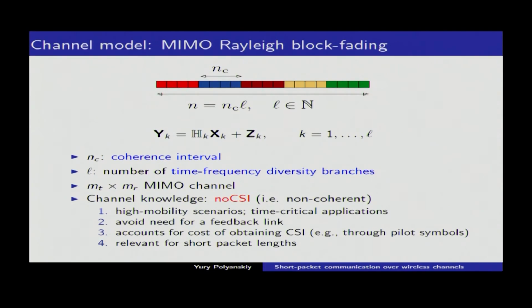Okay, so again, here's the channel model, right? We have a multiple antenna channel. We have L realizations of this random matrix, which multiplies our channel inputs. Now I'm going to talk about the no channel state information case, or non-coherent case. The reason for this is, as I said, we thought that if you want to design something like this nanoamp radio or something very, very low power, then you probably don't want to keep it always on to track the channel, to provide the feedback link to the receiver, and so on.